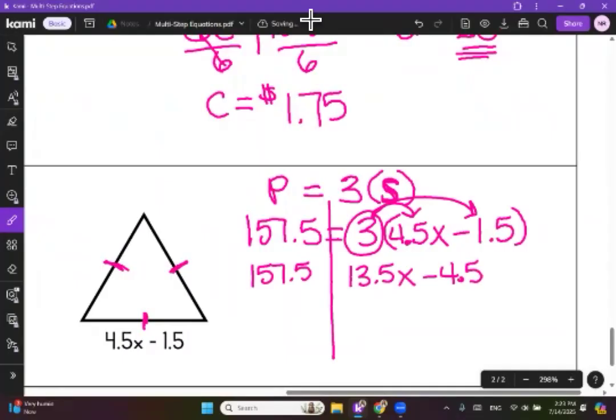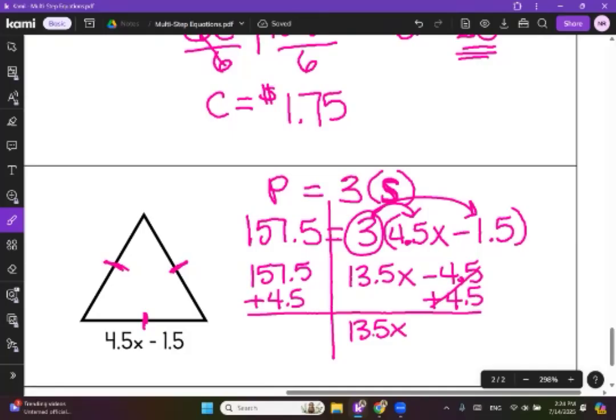We have a constant, so minus changes to plus. 157.5 plus 4.5 gives us 162. And the last step is to